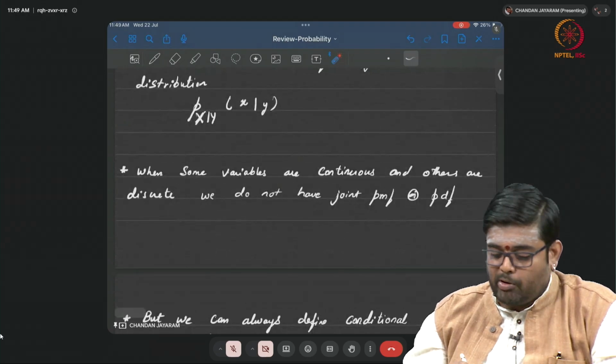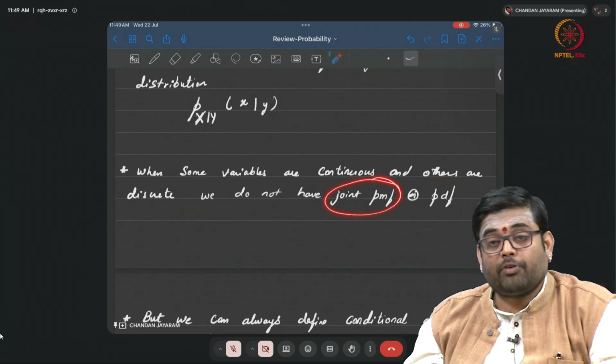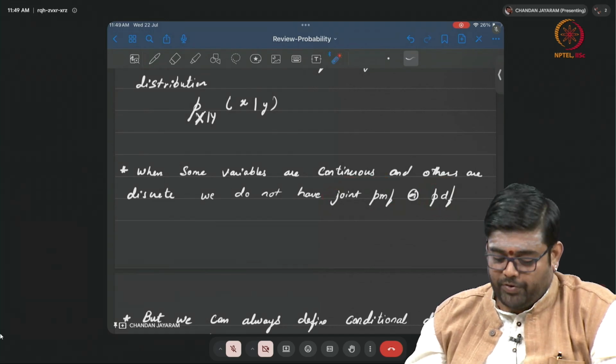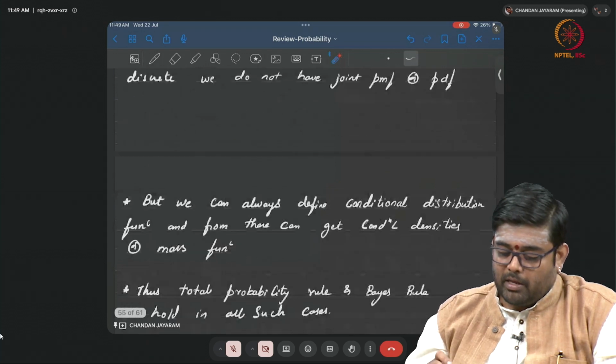So now when some of the random variables that we have considered are continuous and the others are discrete, now we do not have joint PMF or PDF. Now how do we work with those? We will look at it at some time. Okay. But